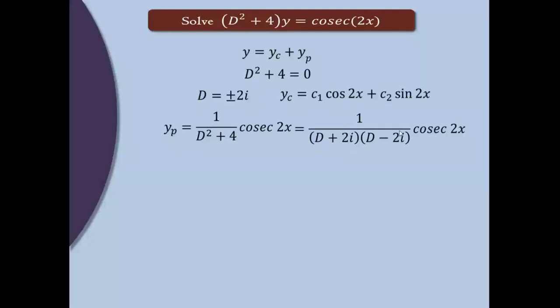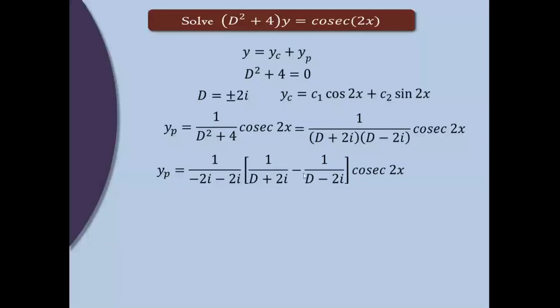Okay, so we get this. Now again, if you want, you can simplify it by taking each bracket one by one, or you can separate it using partial fractions. The easy way to use partial fractions is to take 1 upon the first term minus 1 upon the second term. Do cross multiplication: d minus 2i minus d minus 2i. The d gets cancelled, leaving minus 2i minus 2i. That term we get outside. Or you take m1, m2, and outside the corresponding m1 minus m2. Okay, m2 minus m1 cosec 2x.